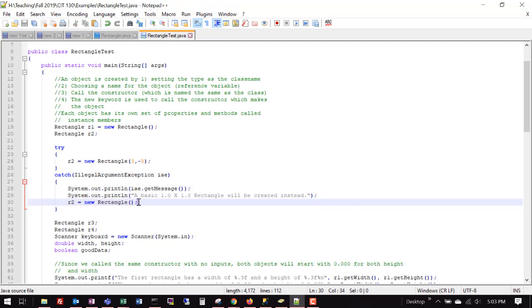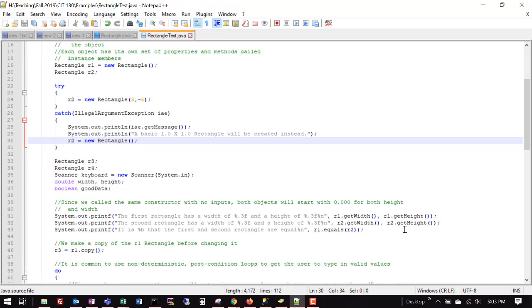In this case, we've decided to print the message, and give the user some extra information that indicates to them that R2 will be created as a basic rectangle, because otherwise things like this printing out of the rectangle below wouldn't even occur. So in order to maintain the integrity of this rectangle test,